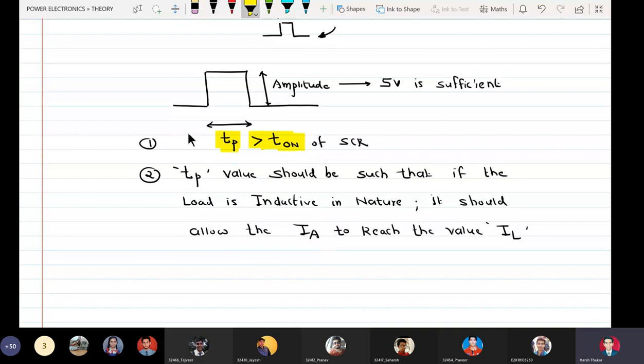While we said that the width of the pulse applied to the gate should be greater than the turn on time of SCR, the second requirement is that the width of the pulse should be such that, if the load is inductive in nature, it should allow the device current IA to reach the value of IL, because an inductor opposes the change in value of current through it.